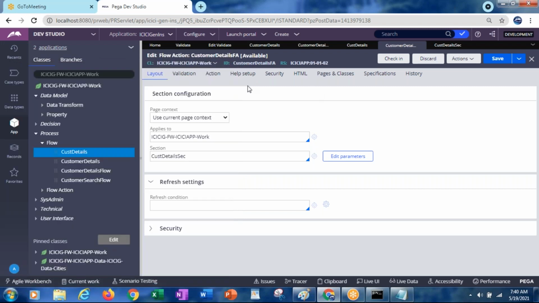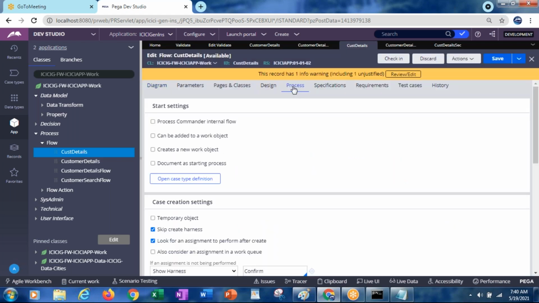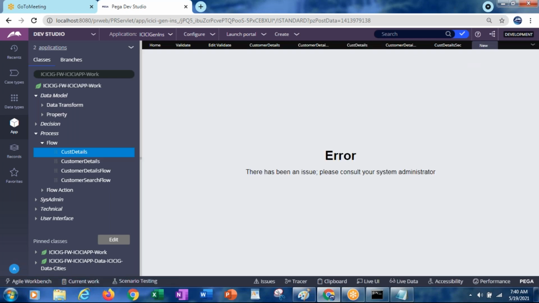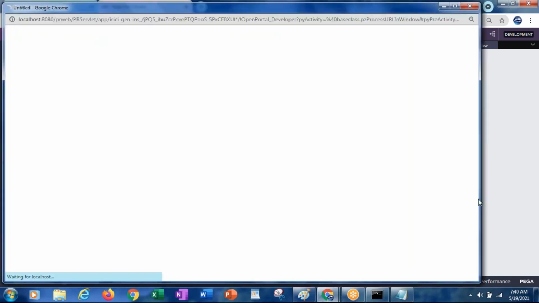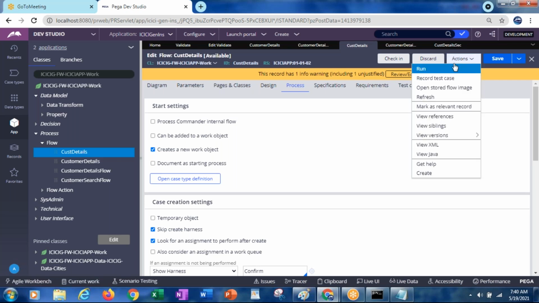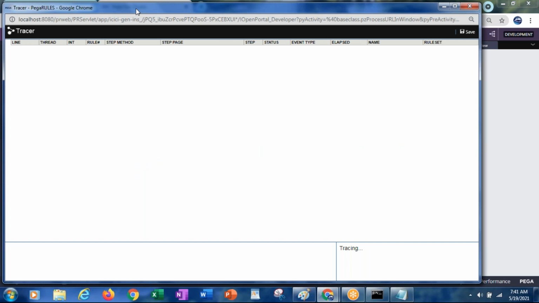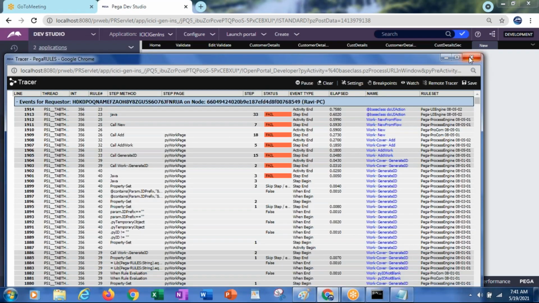Then why is the flow giving that error when creating a new work object? Tracer also. Okay, I got it.